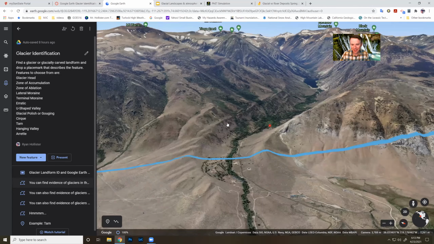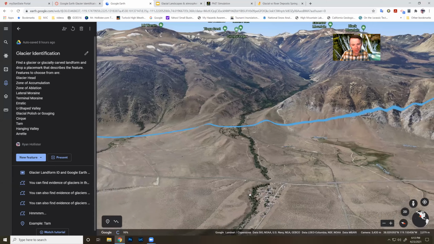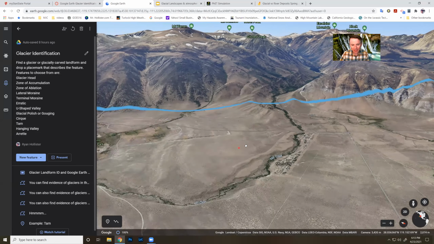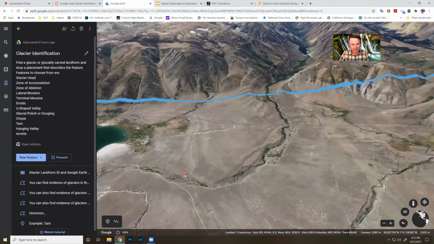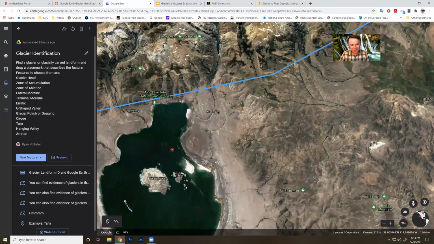You can see the lateral moraines. You can see a terminal moraine, and part of that moraine is gone because the river cut through and eroded it away. But a lot of this is all glacial deposit out here. And if I zoom out just a little bit, I'm going to zoom out so you can see all of